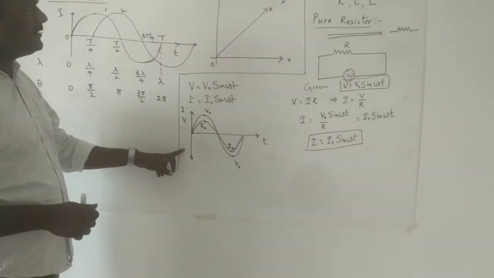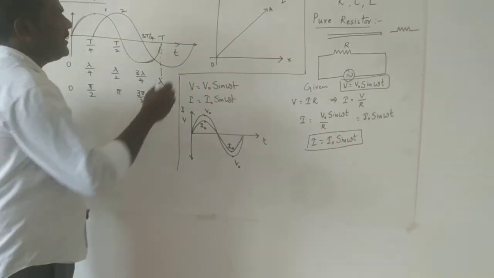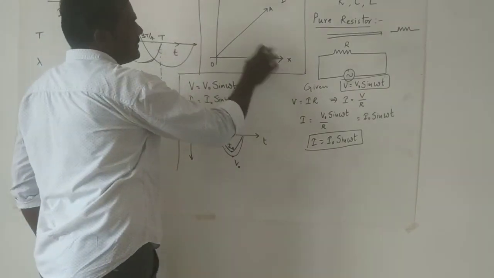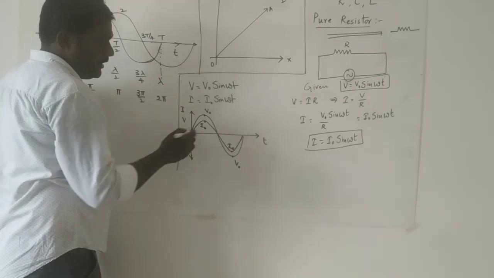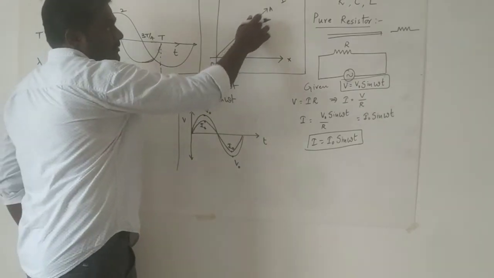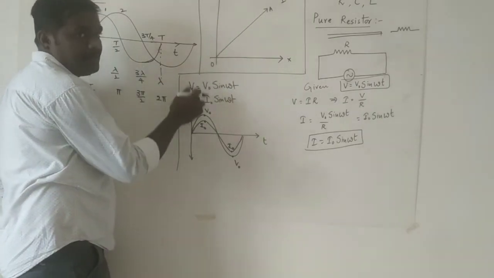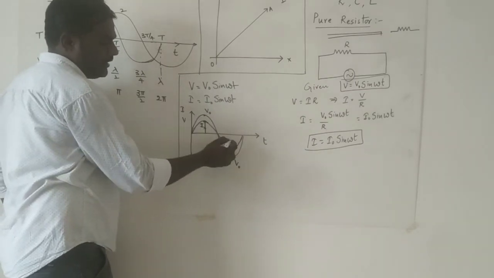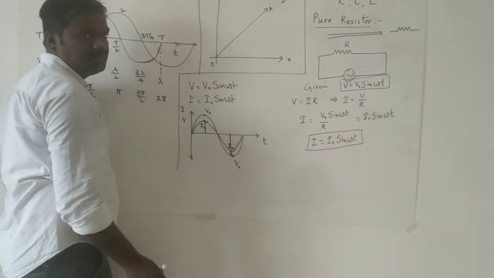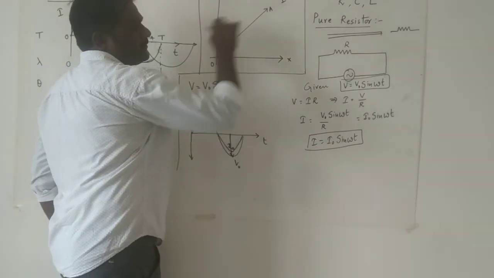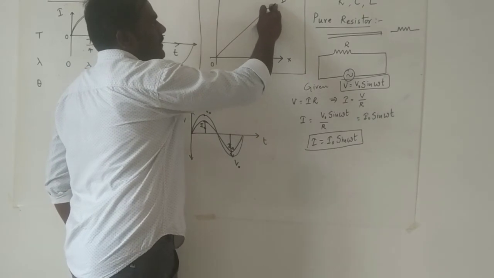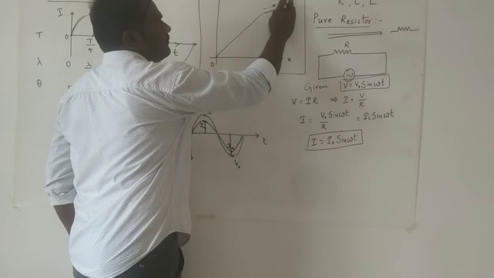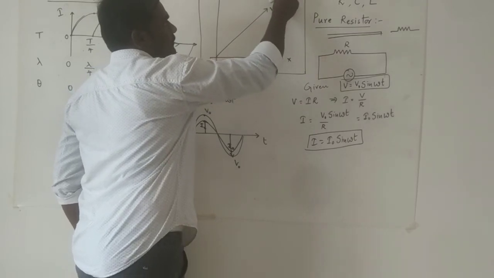So how can you represent this in terms of a phasor diagram? See, this I will represent here. Same diagram I can use. So here the x-axis and y-axis are taken. Here the projection of the rotating vector we will take as amplitude. See here, the amplitude of the current is smaller than the amplitude of the voltage. Then first I will draw one phasor. Assume this phasor represents V naught. So I have taken first of all V naught.